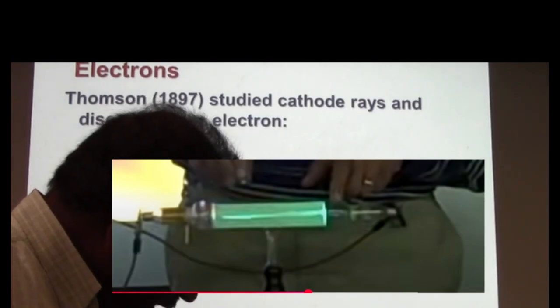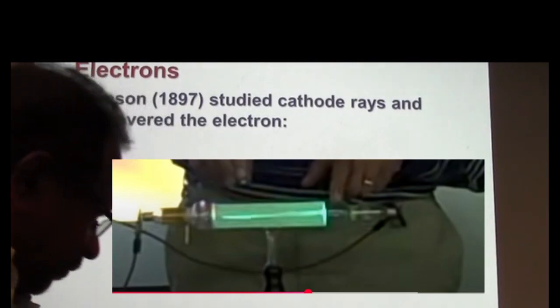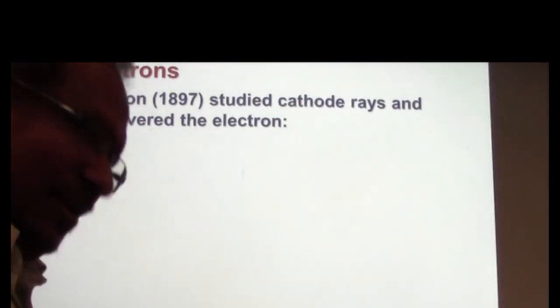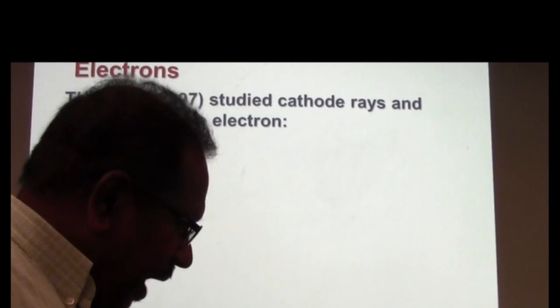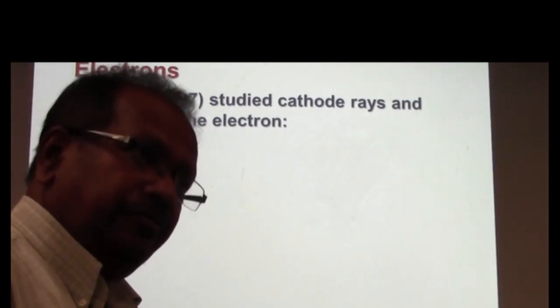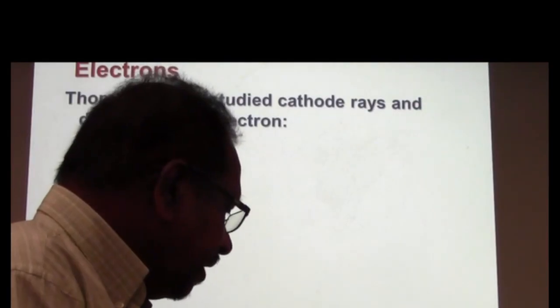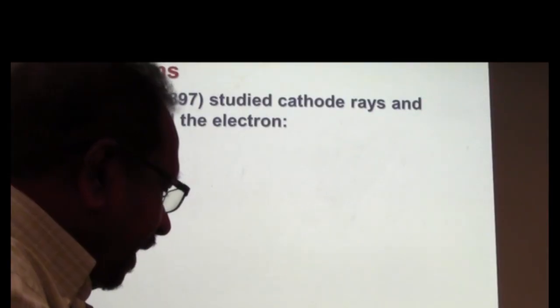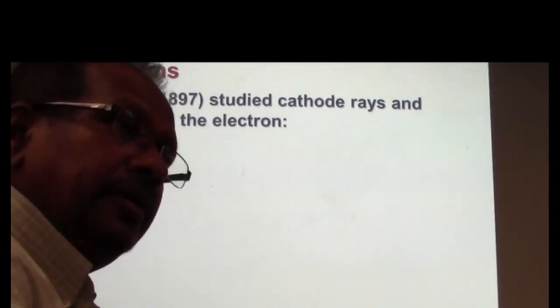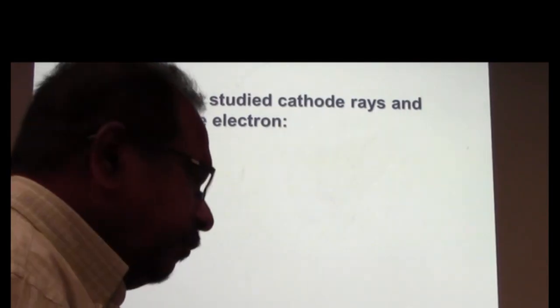That time it went down, right? I might discover something, you know? This magnetic field also deflected, all right? But the whole idea is if you put a positive plate here, negative, it goes up towards the positive plate. Therefore, electrons are